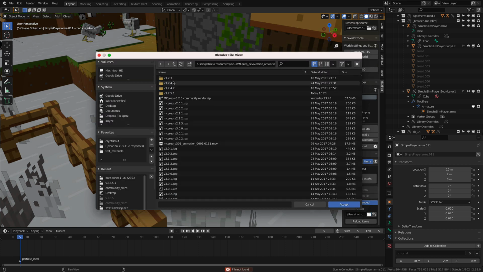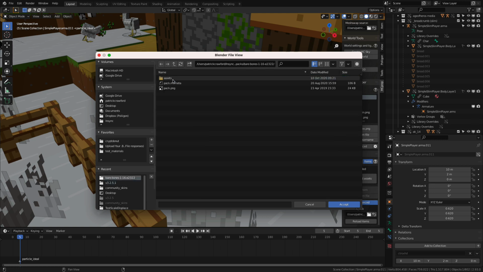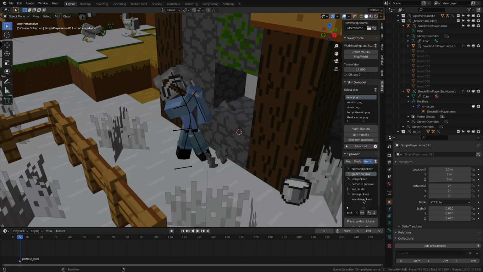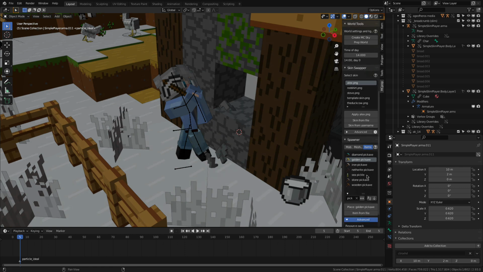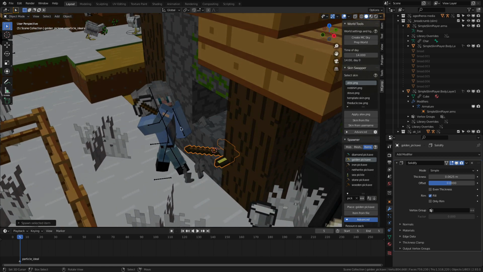I think I actually need to reference it into the bare bones pack, because even the item spawning, nicely enough, will pick up on items coming from resource packs as well. So I'm going to use the bare bones pick right there, going to place my pickaxe, and then great, that's all nice and dandy, but I want to parent it to the bone of my character, so then I have